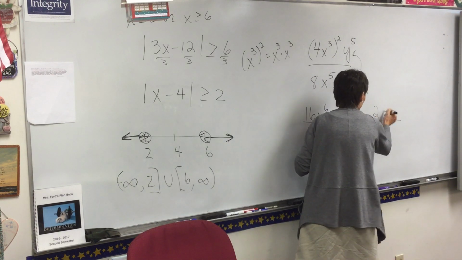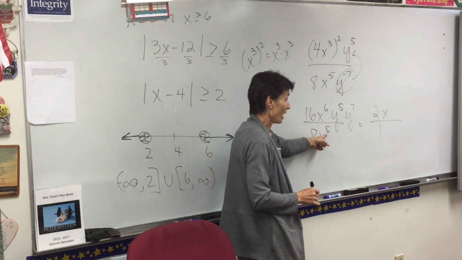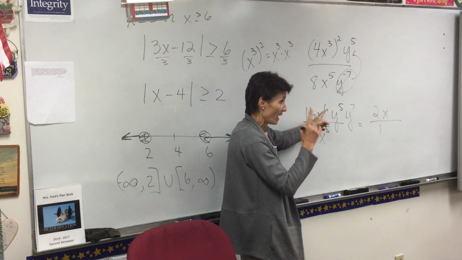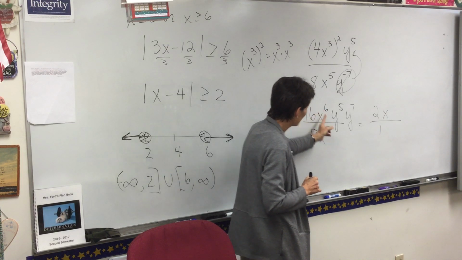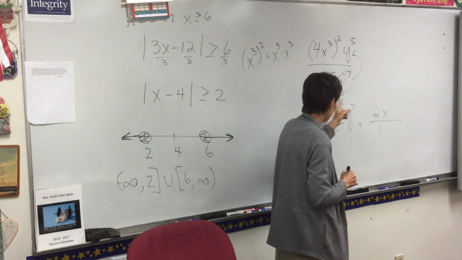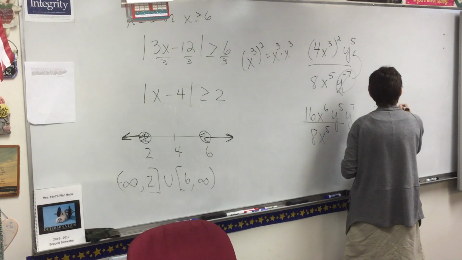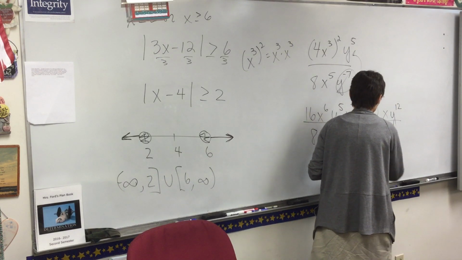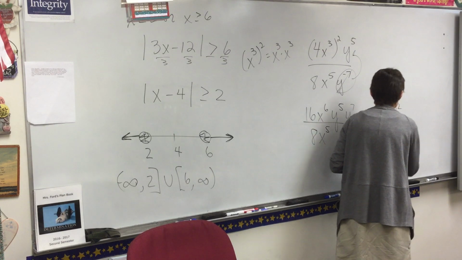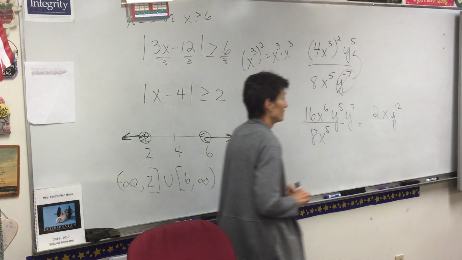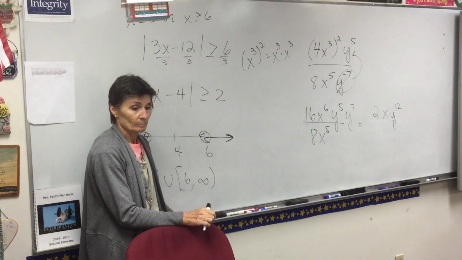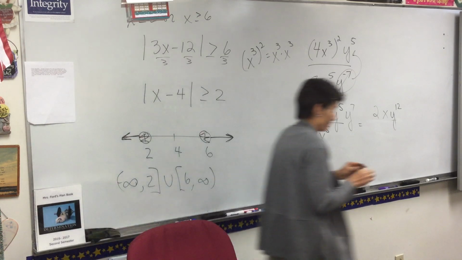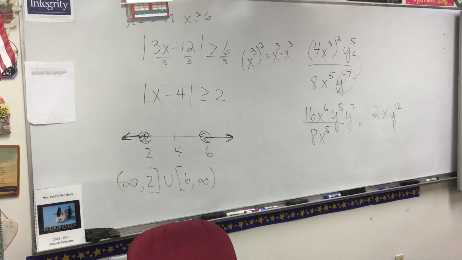X on top, because 6 is bigger than 5, so you have 1 extra one up there. And then all together, we have 12 y's. So you don't even really need the 1 down there. It wouldn't hurt anything, but really that's how it comes out. Okay, so now you know exactly